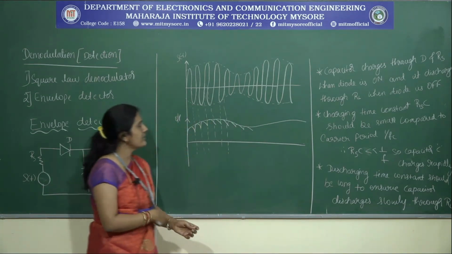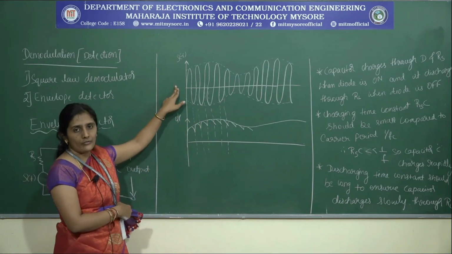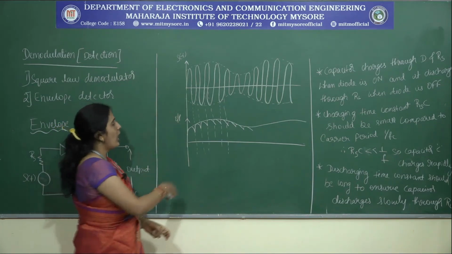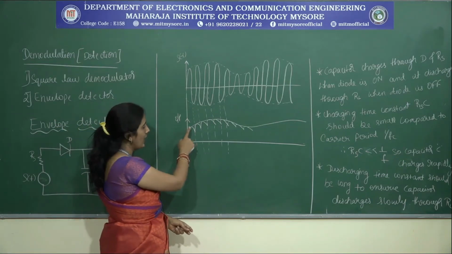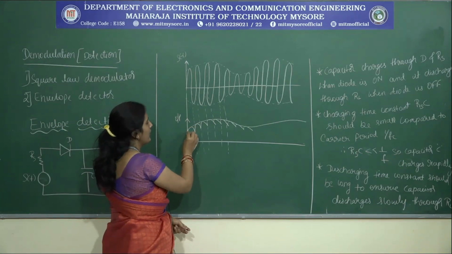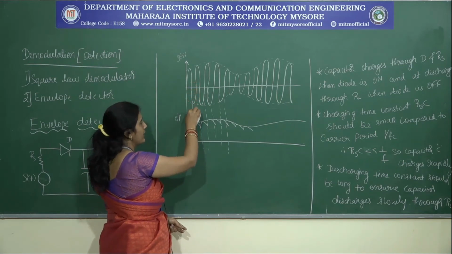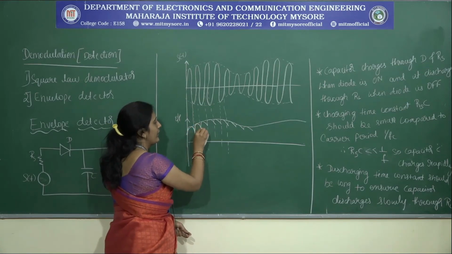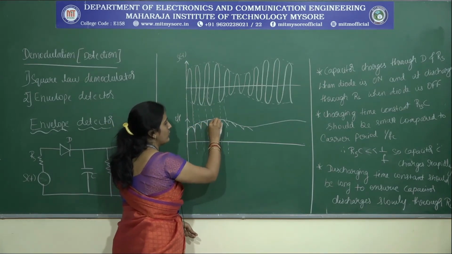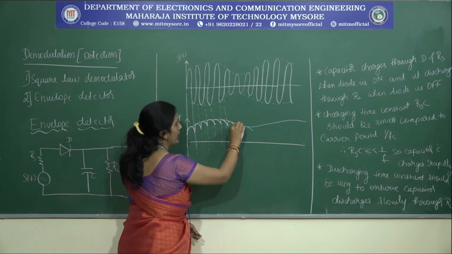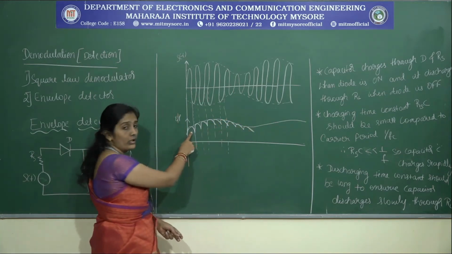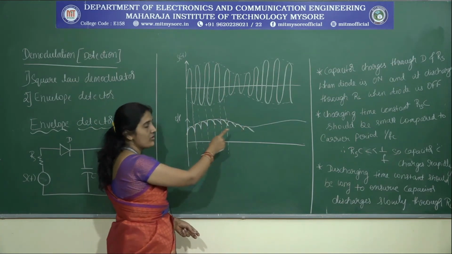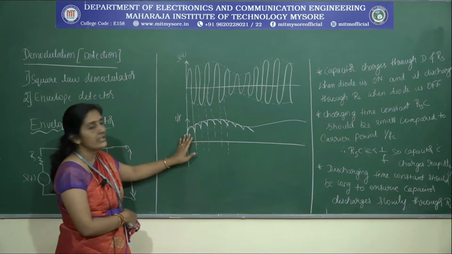So here we can see the envelope detector, the S of t. We have seen this in the AM modulation. How are we going to detect the amplitude here? We can see the amplitude of the first signal will be considered, and we are going to consider only the envelope of S of t. So we are going to get the output like this. We are considering only the envelope of the AM modulation. That is why this is called the envelope detector.